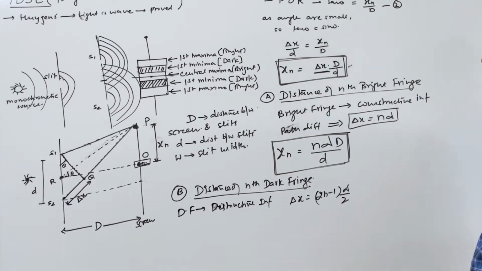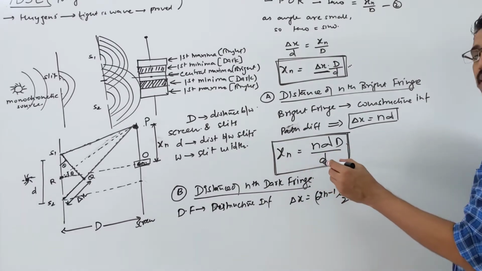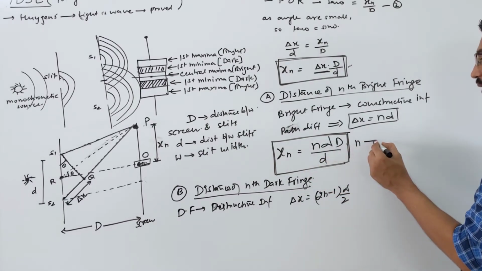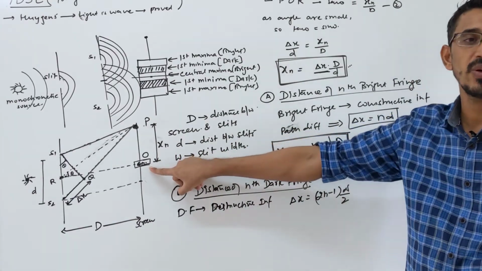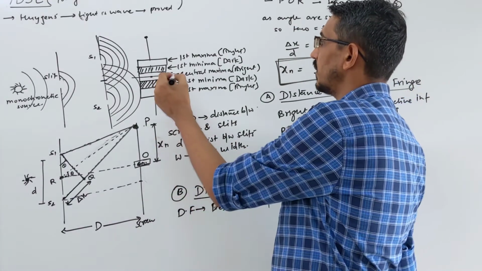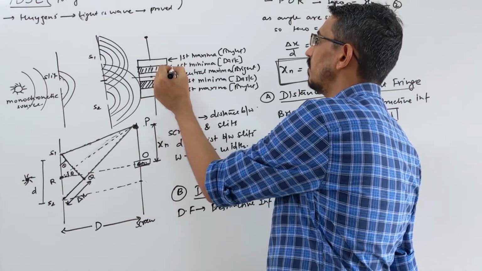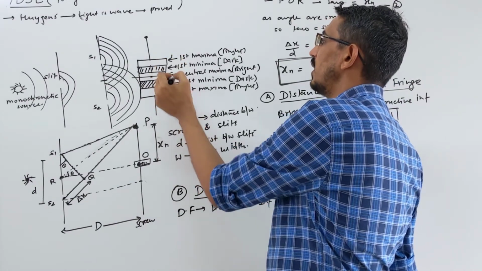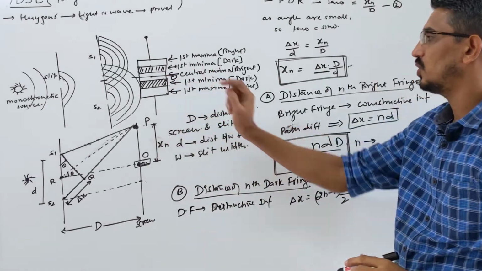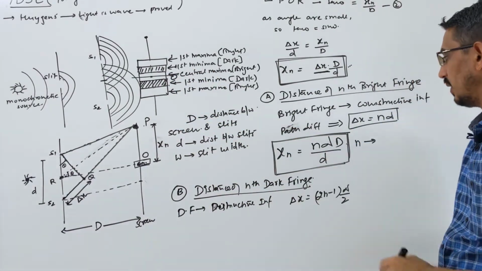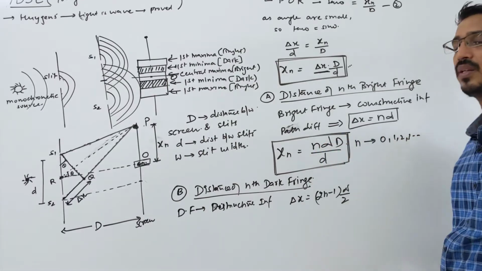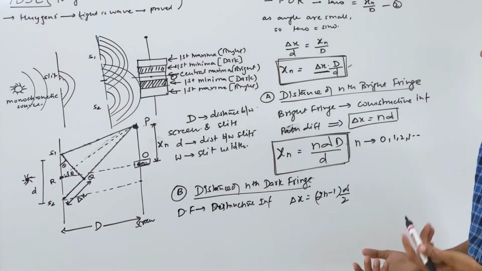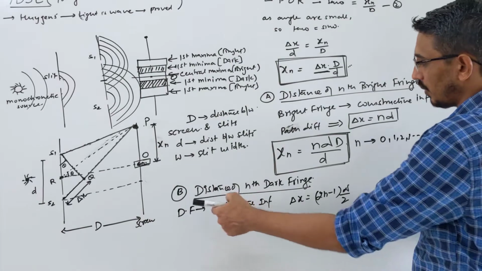Look here. In the case of bright, for your middle fringe, the first fringe is the bright fringe that we call 0. That is called first dark, and that is first bright. So the 0th fringe is also bright, and here n starts from 0, 1, 2, 3. When I say 0, it is your central maximum.